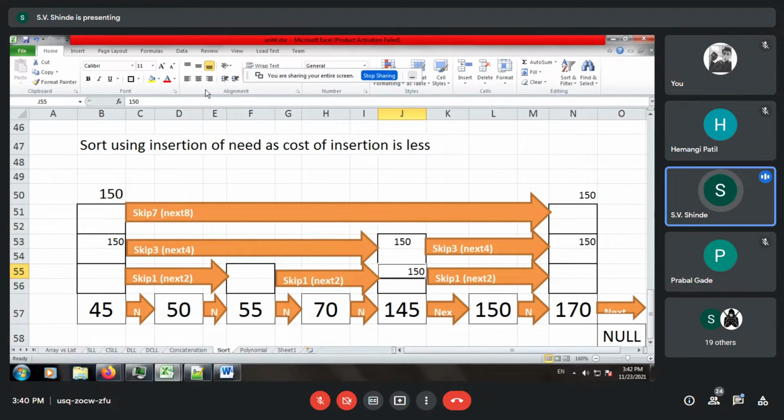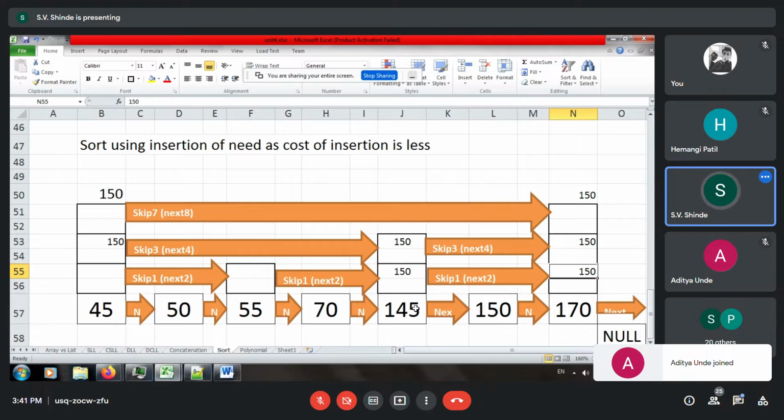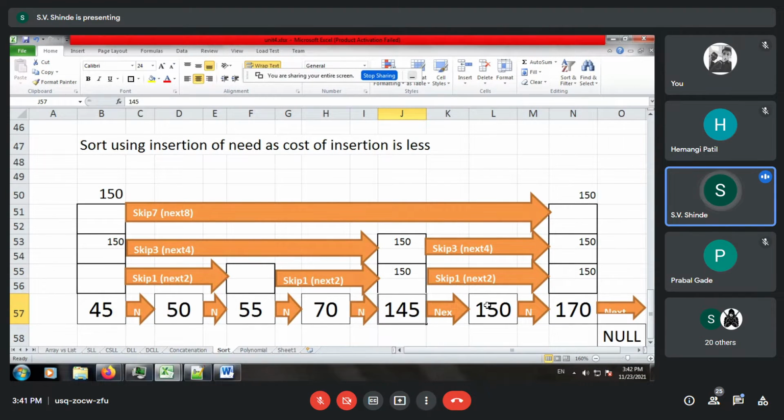So over here you can find again it is 145 comparing with 150. It is false, and therefore the skip node will reach again to the last node. And finally again it is less than the last node, you can reach the lowest level of 145 and compare it to get 150.